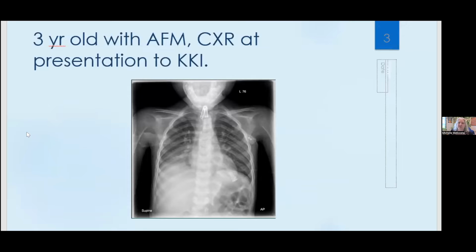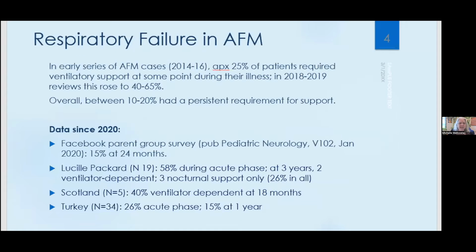This is just a very typical chest x-ray of a child at age 3 who came to us from the ICU for admission, and you can just see they're a little hyperinflated. They've got really low diaphragms and already starting, though, over on the right to have some atelectasis, and all exactly the sort of picture we expect.